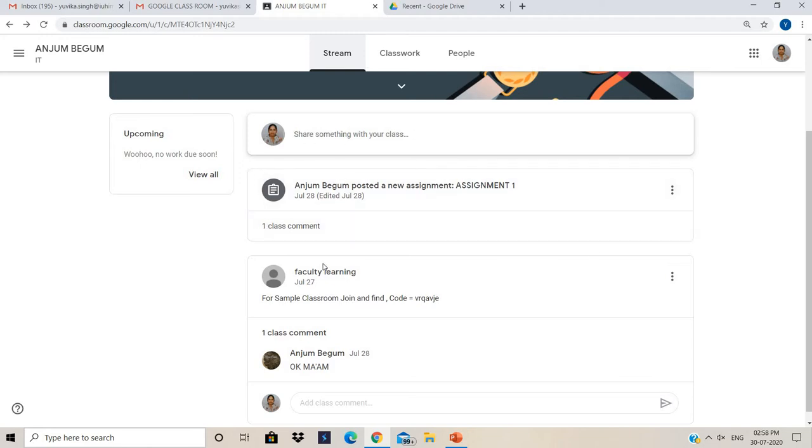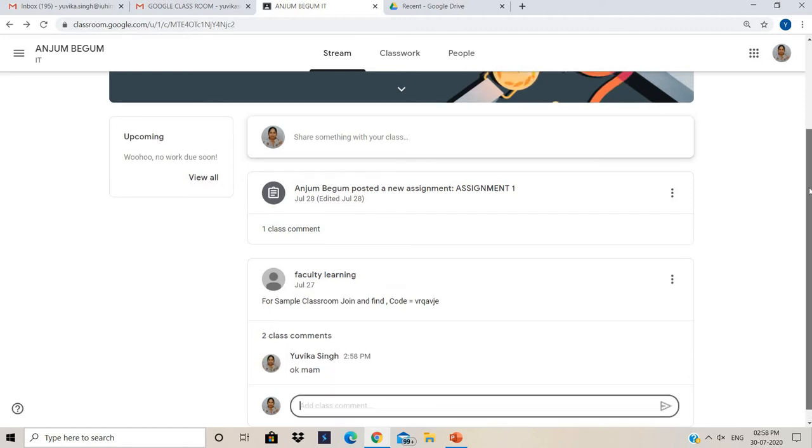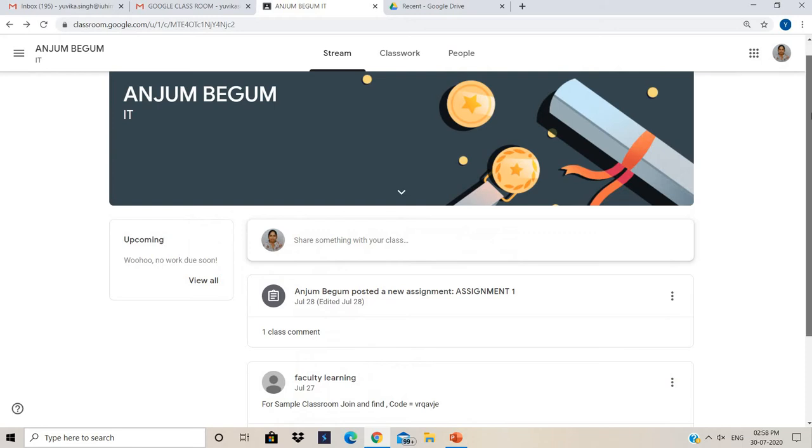As a student, I can comment from here, right? So I can write, okay ma'am, I have seen the instructions, right? It will be posted here that this student has written okay.